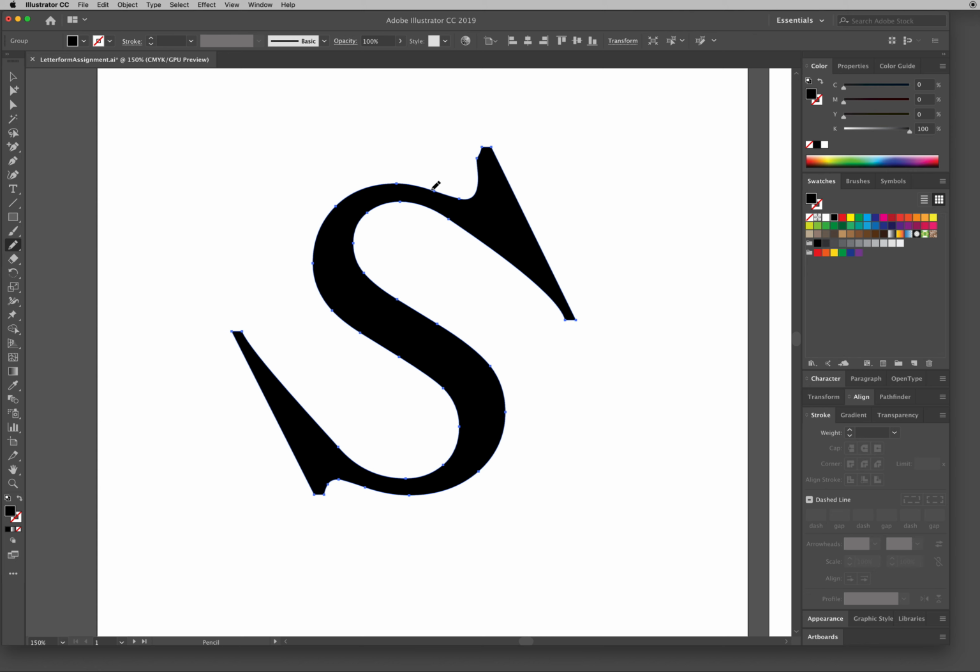If I draw within 6 pixels of that line and try and begin and end on the same line, it'll redraw it. Okay, so you've got to be careful. If I'm clear out here, it's not going to edit that letter form. Okay, but if I'm right here, it will edit that letter form.